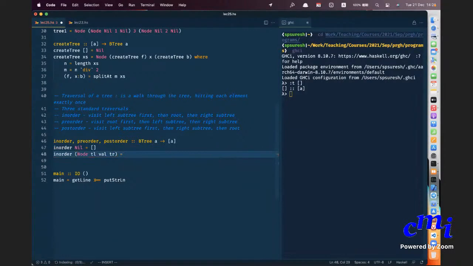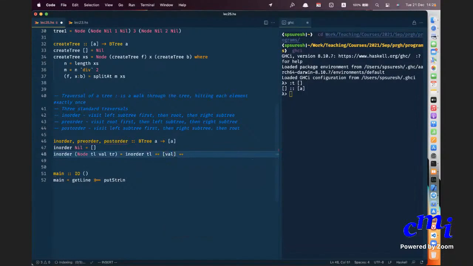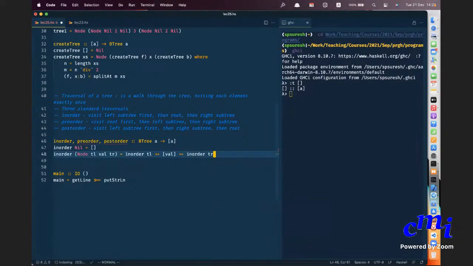What do you think this is? Do you just collect all of them in 3 different lists and concat? Yes. Recursively, you have to do the left subtree, so you just do in order of the left subtree: in order TL plus value plus in order TR. Great. That's it.